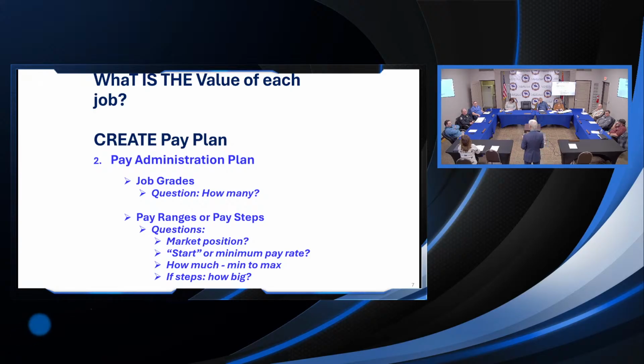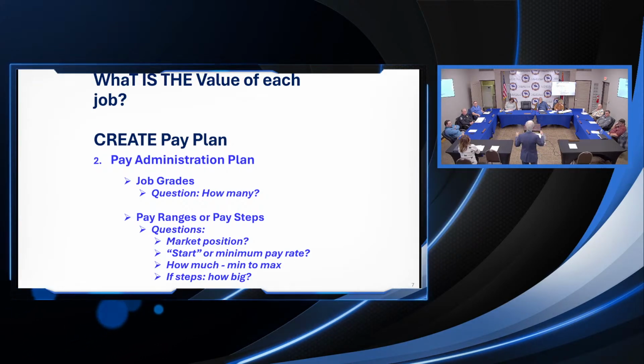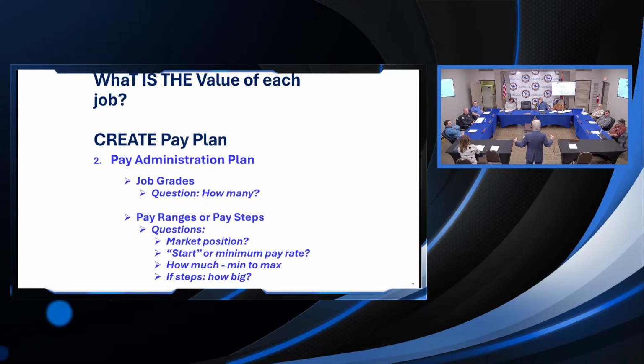As far as pay grades, a deeper dive into setting up the pay plan. Pay grades, the big question is, how many grades do we have? The more grades you have, the closer they are. And in my mind, it's more difficult to defend this job as a 17 or 18. Whereas if you have fewer grades, with greater difference between the grades, it should become a little bit more intuitive that this job is a 6 and this is a 7. And instead of 30 grades, you have maybe 13.